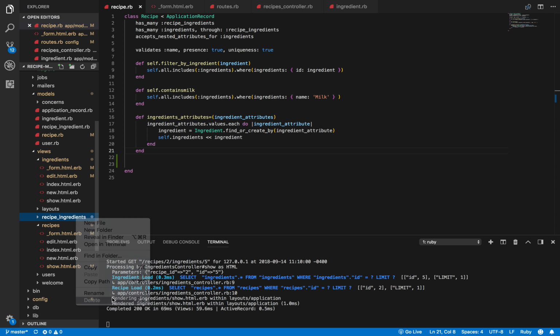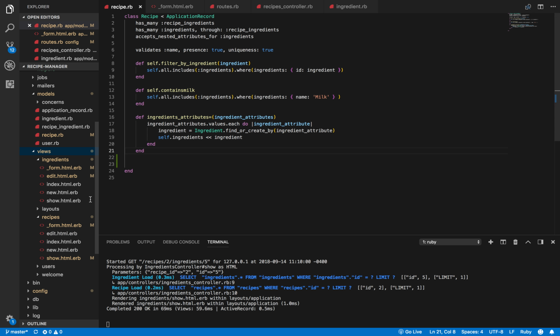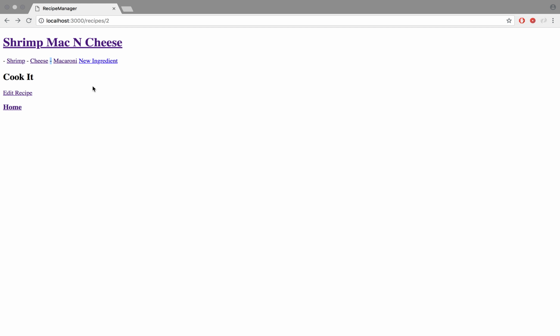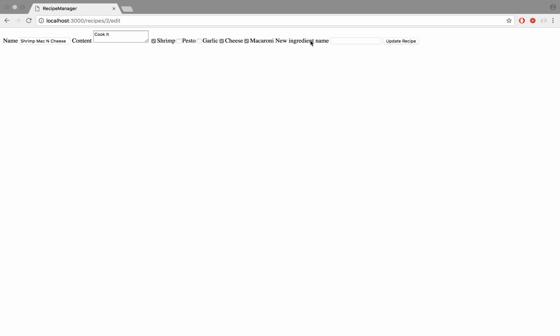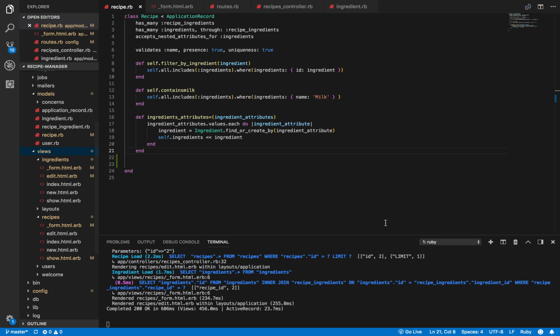I'm just trying to add it right here, but changing attributes on a join table through one of the other tables that it's joining together is pretty difficult. So actually,